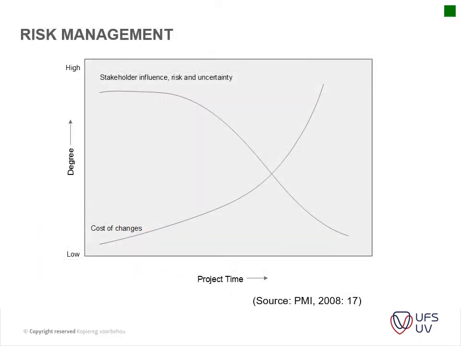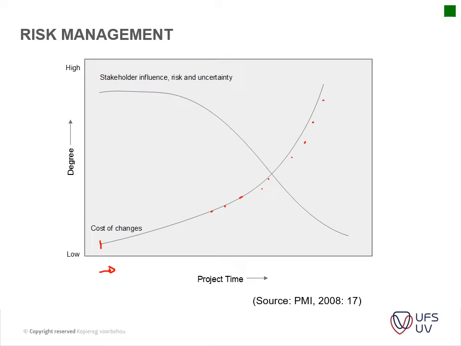Okay, so just to look at the risk factor, the farther the project progresses, the higher the risk. So your cost of making any changes has a low impact. So if you make a change at the beginning of a project, your cost of making that change is quite low. As you progress through the project, your risk of cost